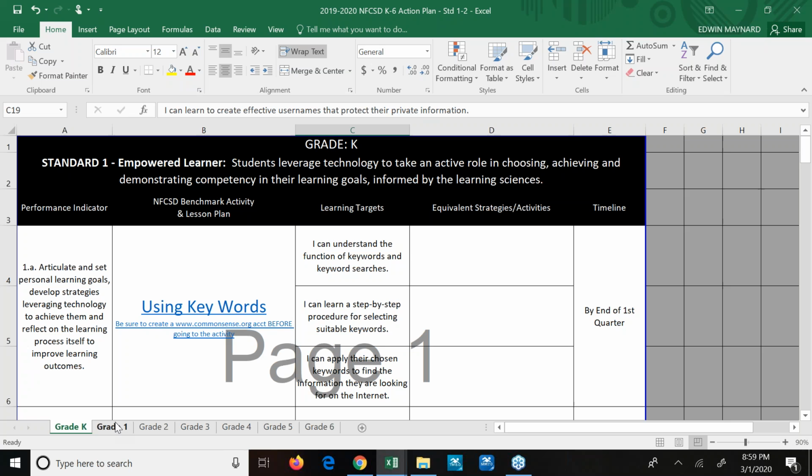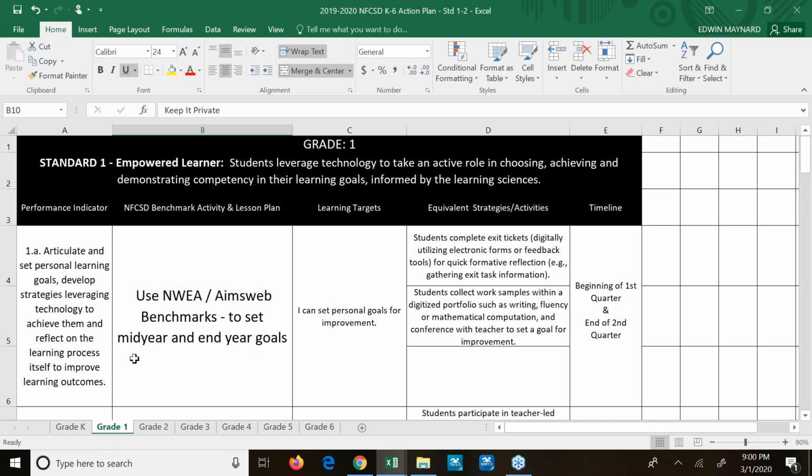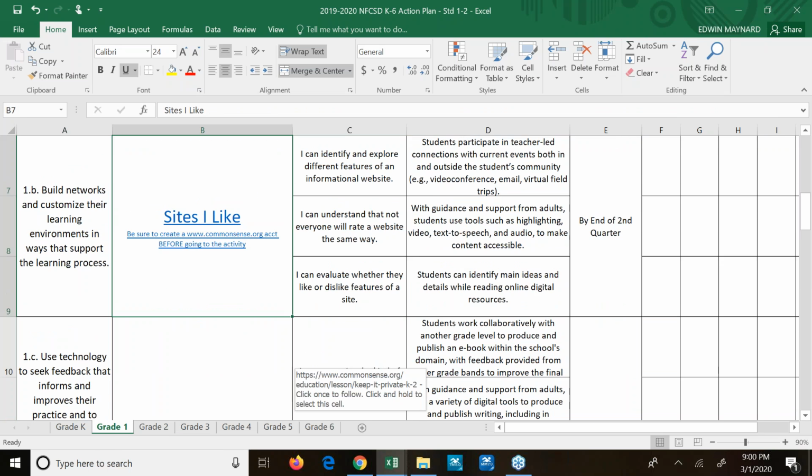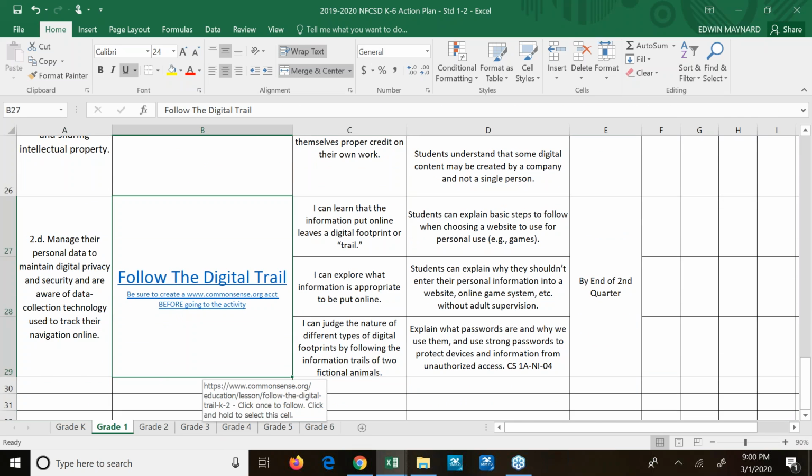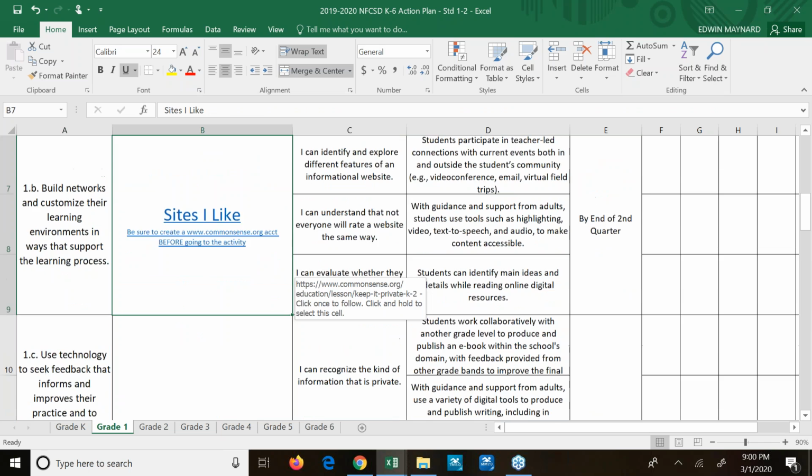To address your question, Roger, what ultimately happened was we created our scope and sequence and our action plan in the summertime, and then Nearpod kind of fell in my lap come September, October. I realized, oh my God, all the lessons that we did in our action plan are actually in Nearpod, and they're ready to go. With the current action plan that you see on my screen right here, it's just a simple Excel spreadsheet. But you'll see that keeping it private, sites I like, all those are the Nearpod lessons that we already have on there, and that's basically all I'm doing.